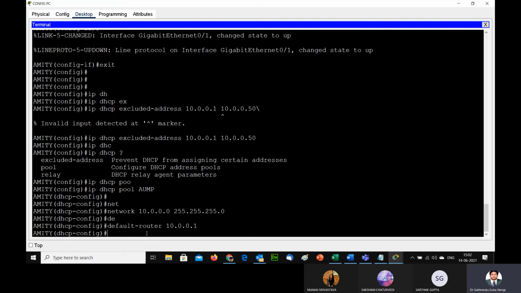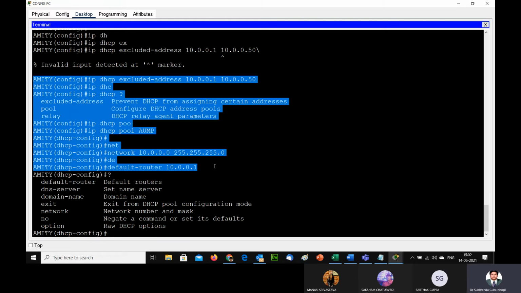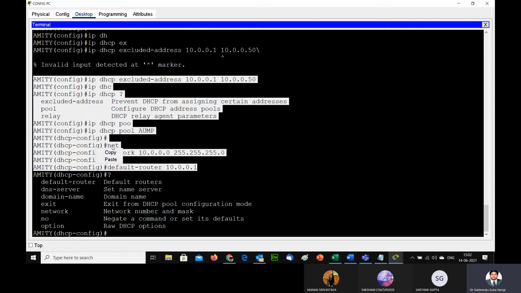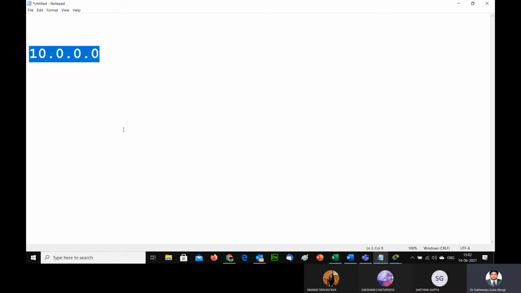After that, if you would like to configure anything else, we can create a DNS server and other options. But this is a very basic configuration of DHCP.